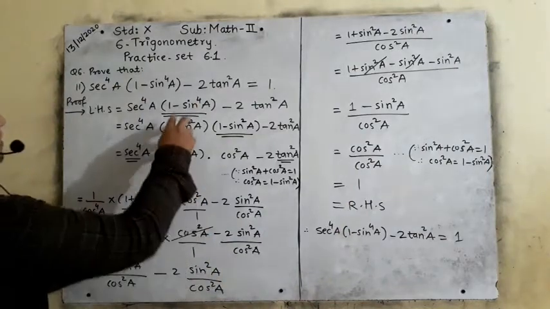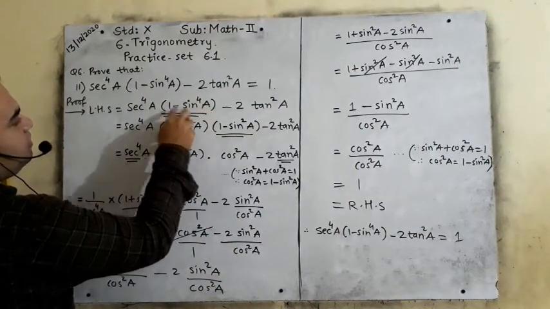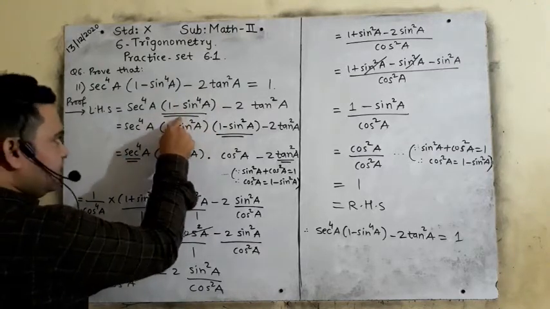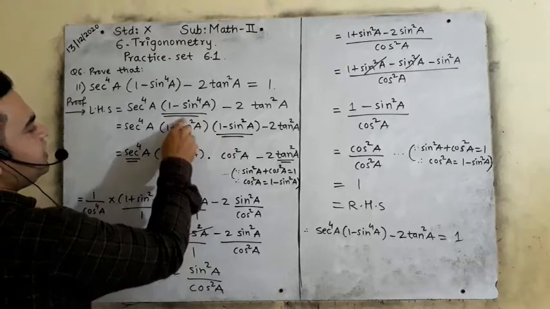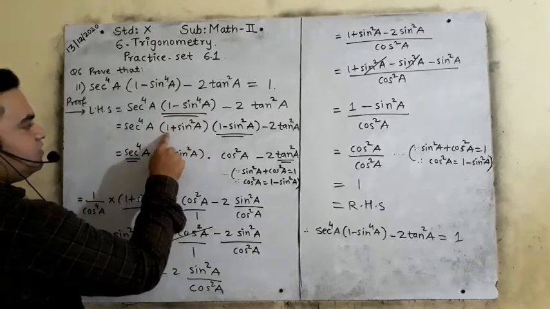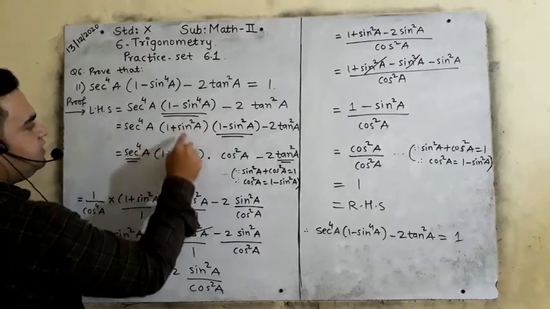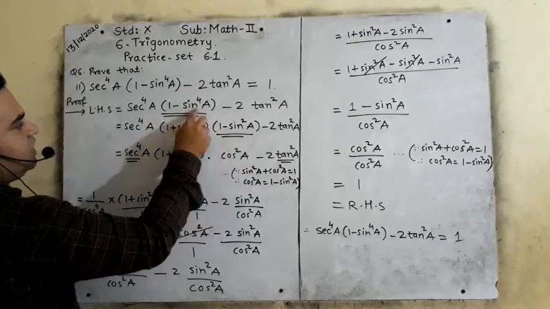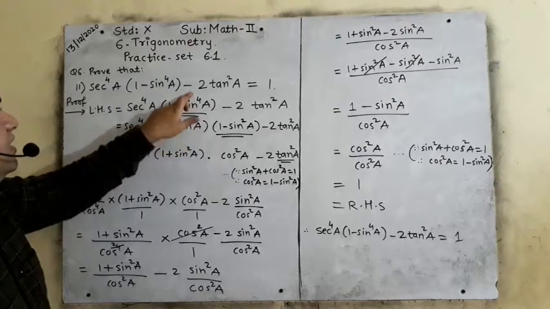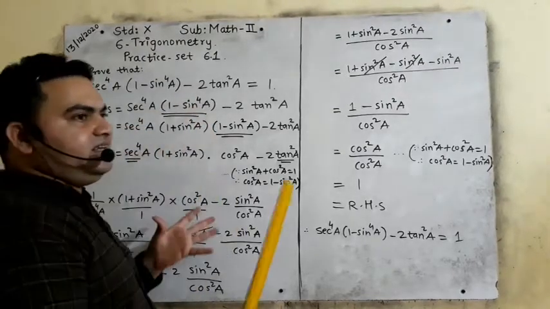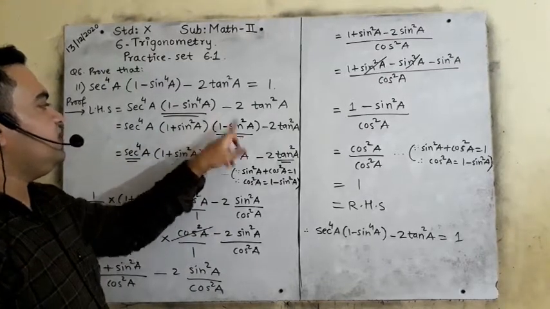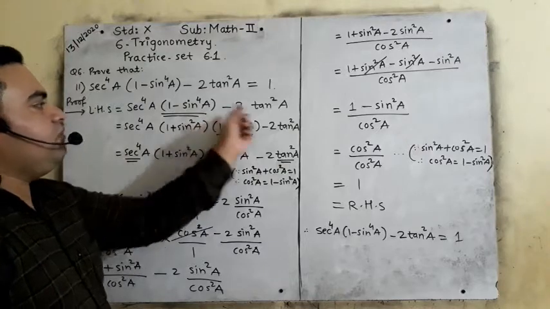So we will write it as 1 plus sin square A multiplied by 1 minus sin square A. Instead of this, we have split it into 1 plus sin square A, bracket 1 minus sin square A. If you multiply this, you will get this answer: 1 multiplied by 1 is 1, minus sin square A multiplied by sin square A gives sin raised to 4A. So this is as it is. Instead of 1 minus sin raised to 4A, we split it into two simple multiplications, that is 1 plus sin square A multiply 1 minus sin square A. In its place these two came, the rest is as it is.